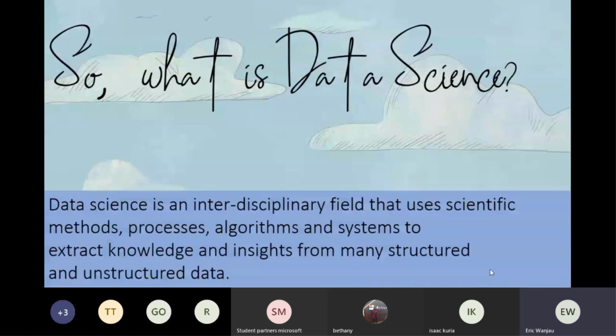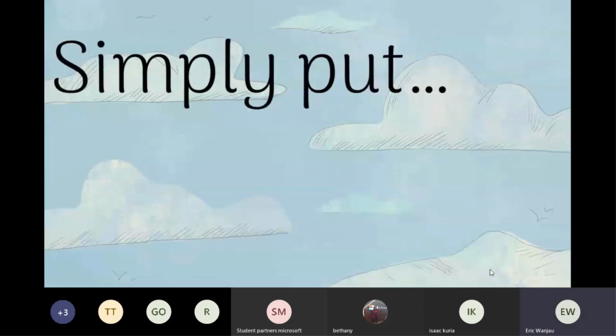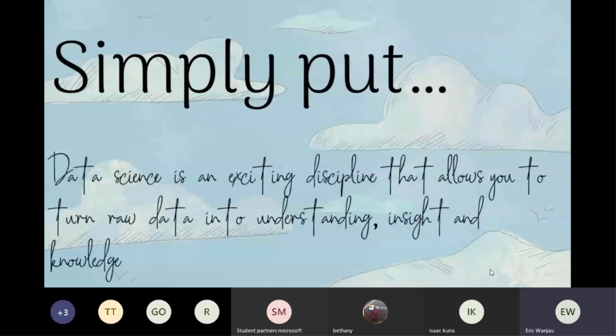But in our session, we want to make things as easy as possible. This is a good definition, covers all the aspects of data science, but let's put it in simple terms. Simply put, data science is an exciting discipline that